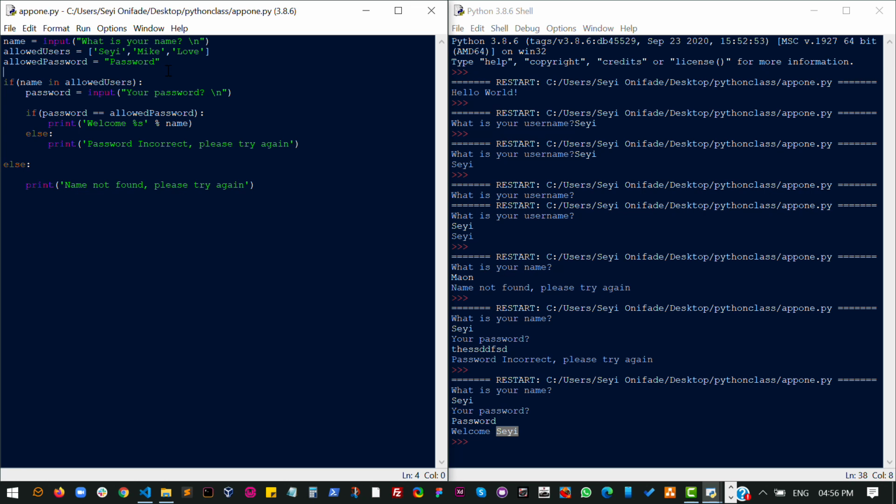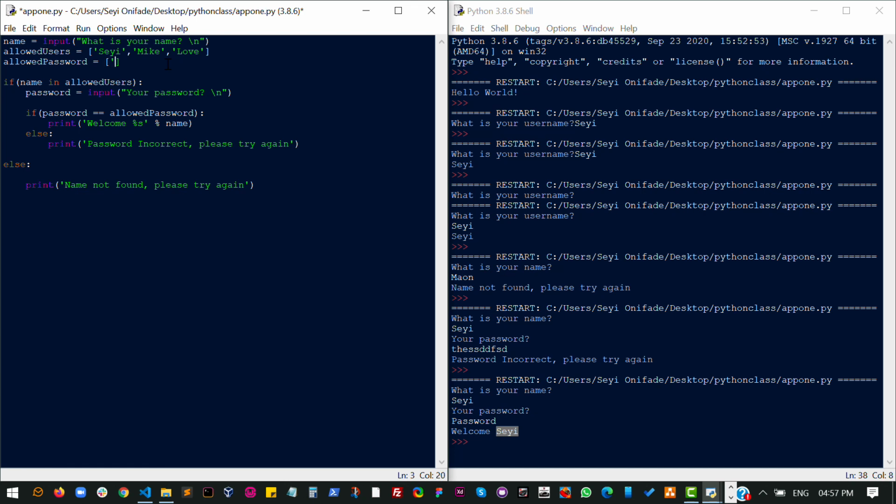Let's see, what can we add to this? We can have different passwords for different people. That would be very useful, right? Although I don't think it will help us to really demonstrate what we are trying to demonstrate or to use the things we have learned, but it will still be very useful in this application. So let's create a list of acceptable passwords